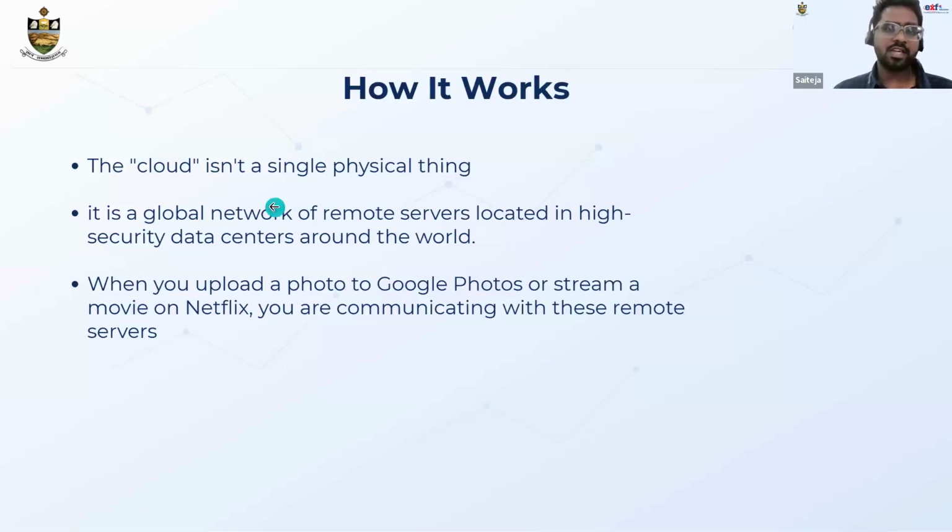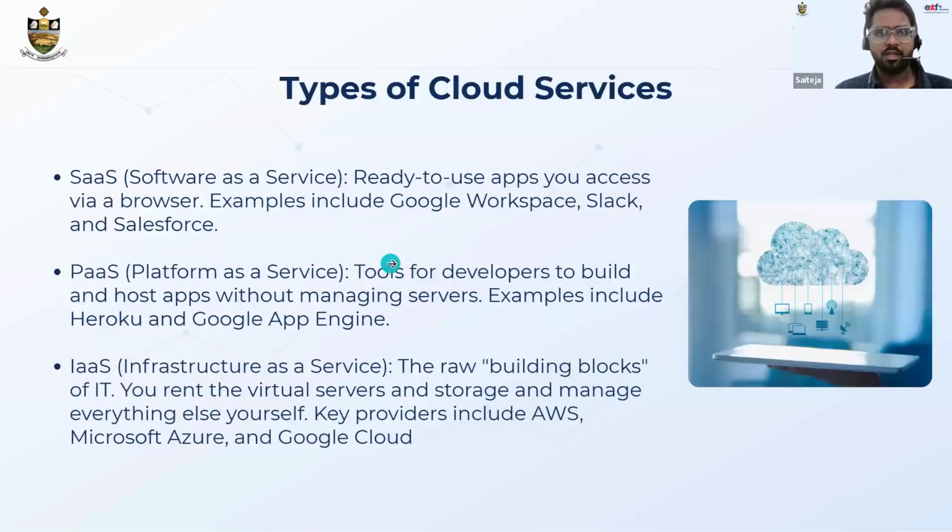So cloud isn't a single physical thing. It's a coordinated global network of remote servers, right? I know you are aware of how streaming works. It doesn't come from one main server. Based on data centers in nearby regions, the streaming is coordinated between them. One example is your Google Photos. They aren't stored in one specified location, right?